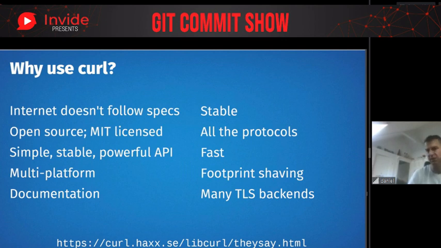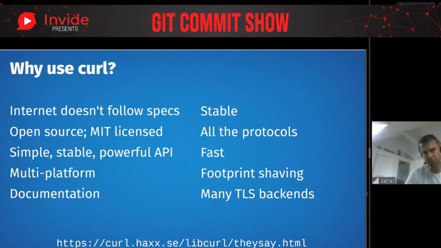We know how to speak these protocols, and the code itself is also stable now. And of course, it is open source and MIT licensed, so companies are free to use this code in basically whichever way they want without feeling scared of the open source or the license. libcurl itself provides a simple, stable, and powerful API.